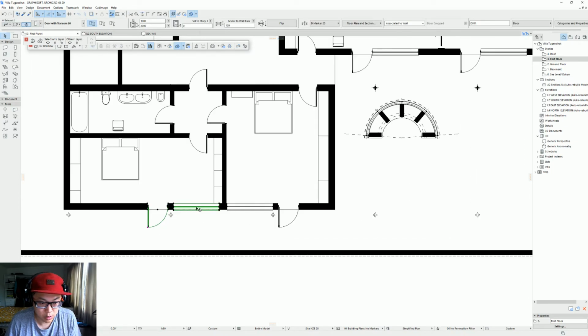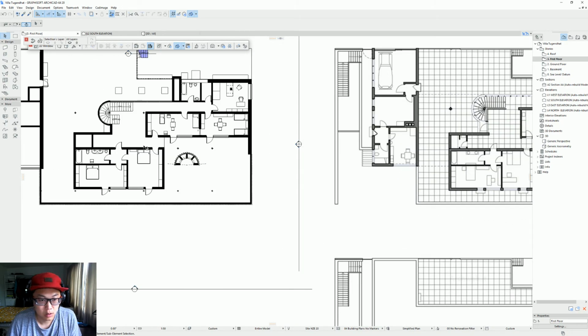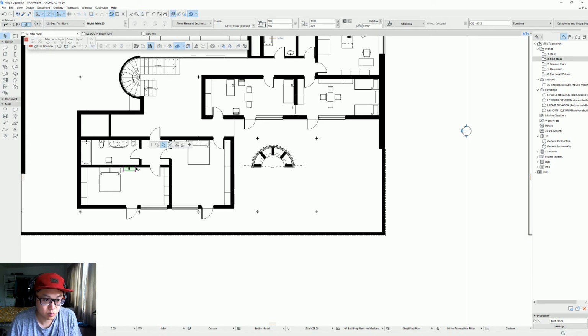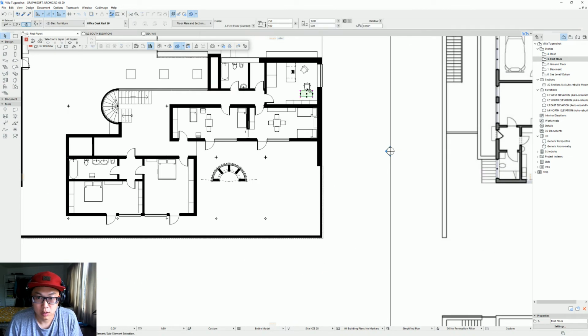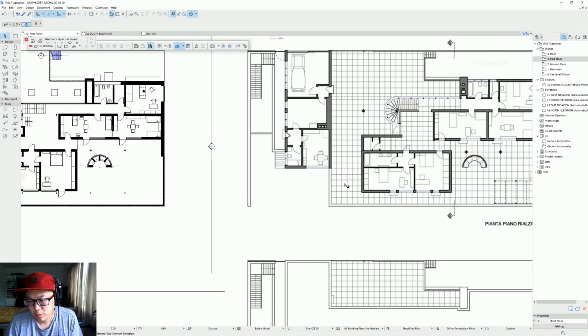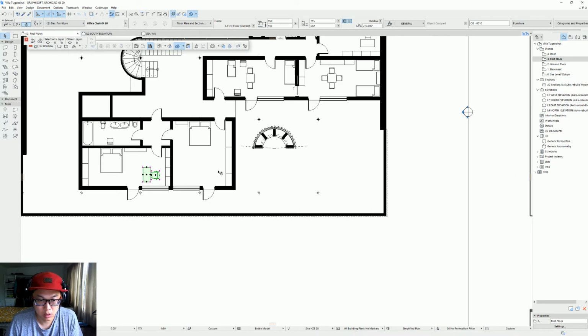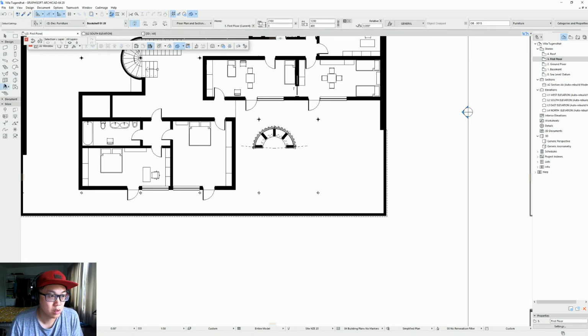So maybe this should be 1,800. Take this. Small this. And I think on this room there was like a table, a round table, and a couch